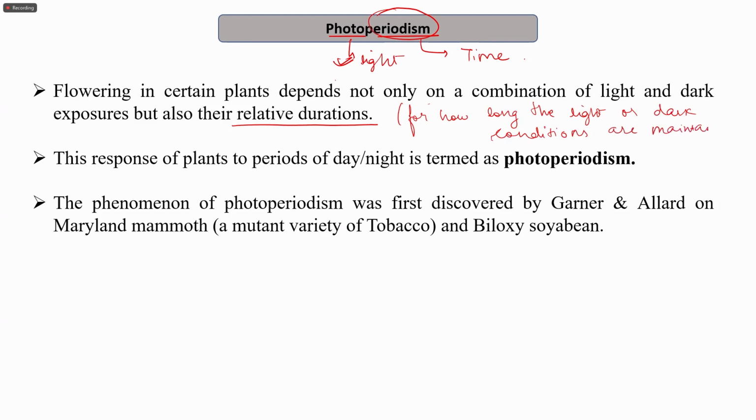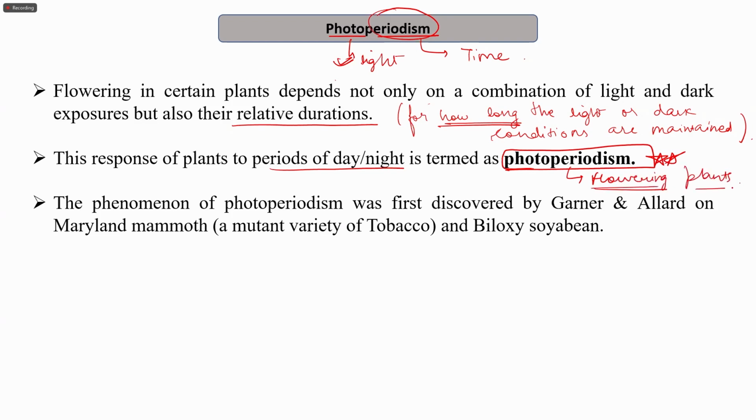Right? So it not only depends on the presence or absence of light, but it also depends on how long we are exposing a certain plant to the light or how long we are keeping it in the dark. So this response of plants to periods of day and night is known as photoperiodism, and it is very important in flowering plants, because there are many flowering plants that